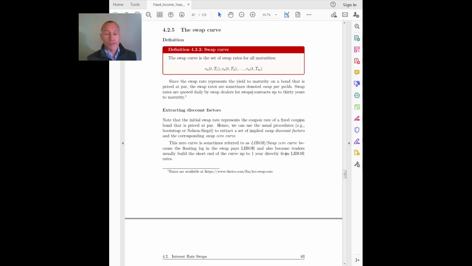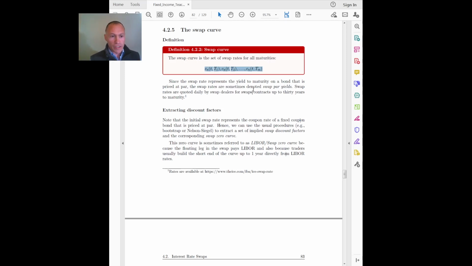One very important piece of information that comes from the swap market is the swap curve. In the previous video, we saw how to compute the swap quote for 1 year. I could do a similar calculation for a swap with a 2-year maturity, and that would be another fixed rate for that swap. I could do the same thing for a 3-year swap and so on until 30 years or so. That set of swap quotes for different maturities is what we call the swap